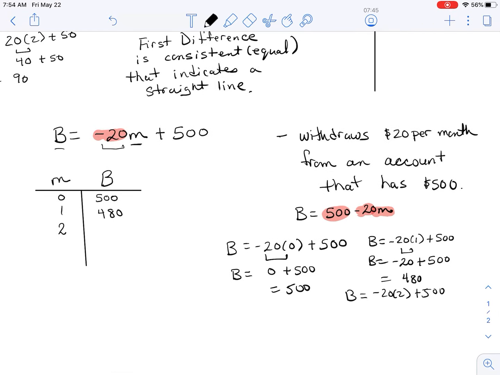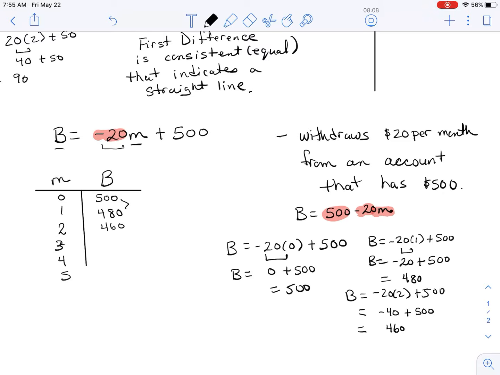So again, the equation helps you create the data for your table. Now that's not going to be 40. It's going to be minus 40. So minus 40 plus 500 is 460. And that makes sense because I keep taking out $20. So now you can keep using your equation,